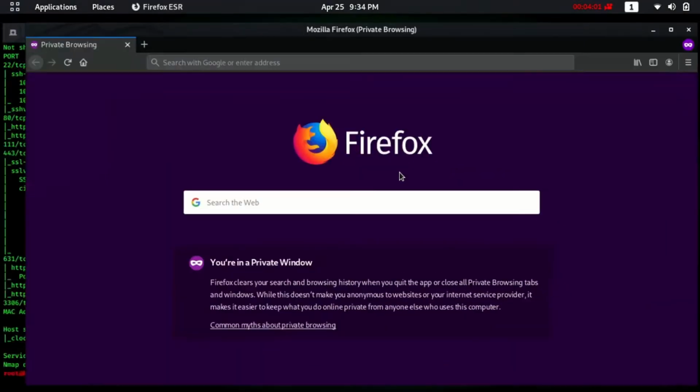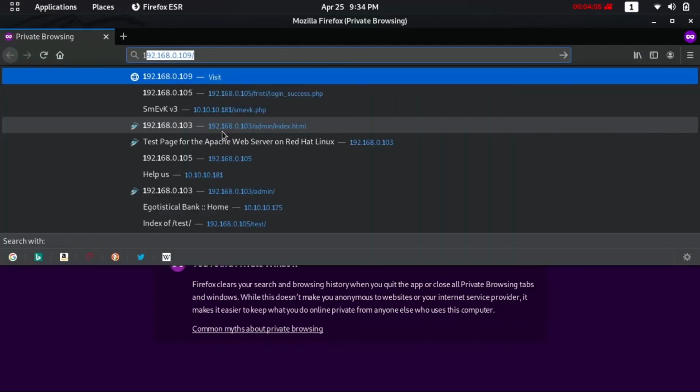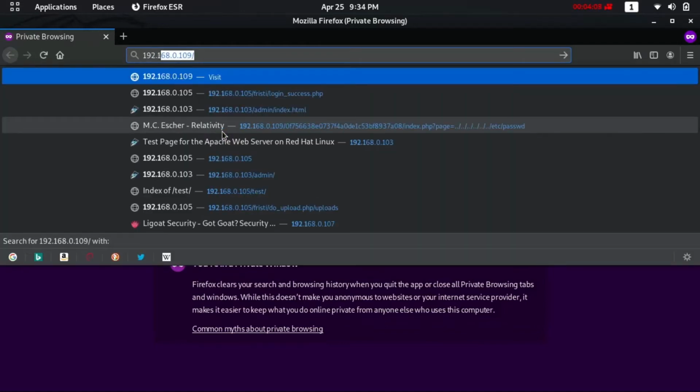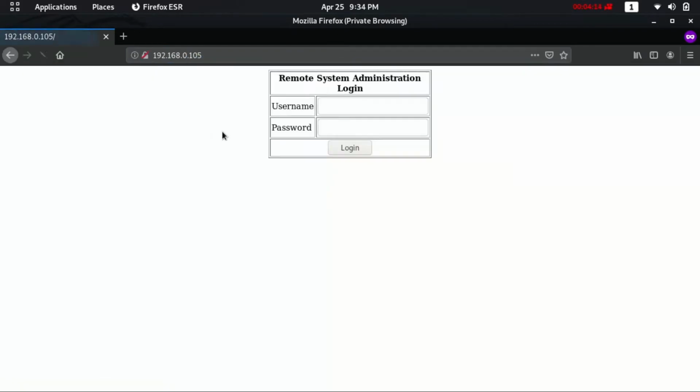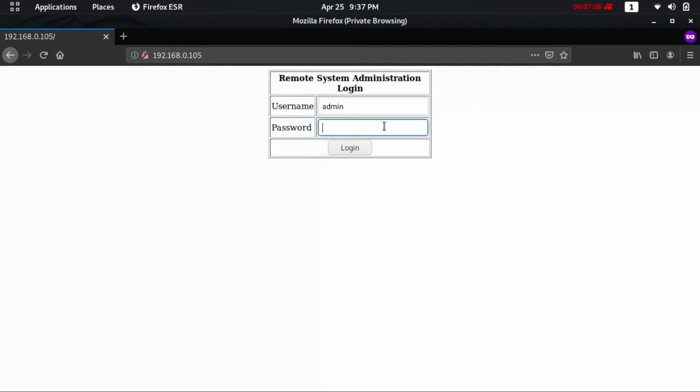Okay, now let's move to browser whether we could get something. Okay, let me enter the machine IP. Okay, here we got a login page. I already tried some SQL queries and these queries allowed me to log in. You can also check for some queries and learn it by yourself. You can cut it and use it as a password.